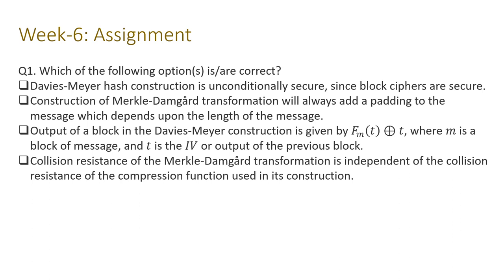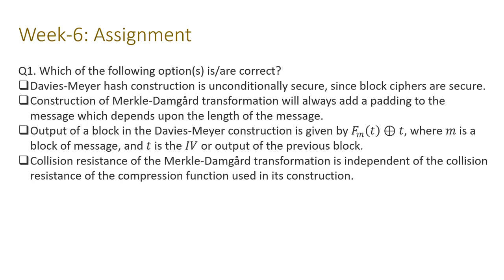Why? Because as I already mentioned, the building block of the Merkle-Damgard transformation is the underlying compression function, which is collision resistant as well. So collision resistance of the underlying compression function also gets retained in the way the Merkle-Damgard transformation works, so that the final hash function for arbitrary length messages that we get also has the same collision resistance property.